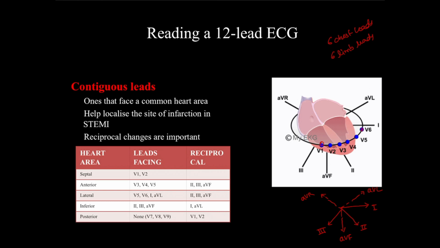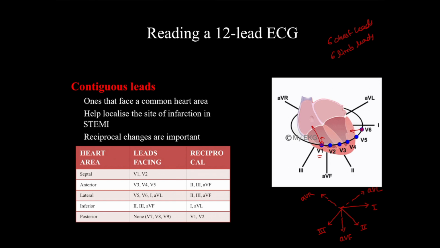If we talk about the chest leads, if we take a cross section of the chest, the V1, V2, V3, V4, V5, V6 are located surrounding the heart, which makes them important to look at various chambers. For example, as you can see, V1 is closer to the right ventricle, V6 is closer to the left ventricle. Hence the pathologies, not only of the right ventricle but also the right atrium.